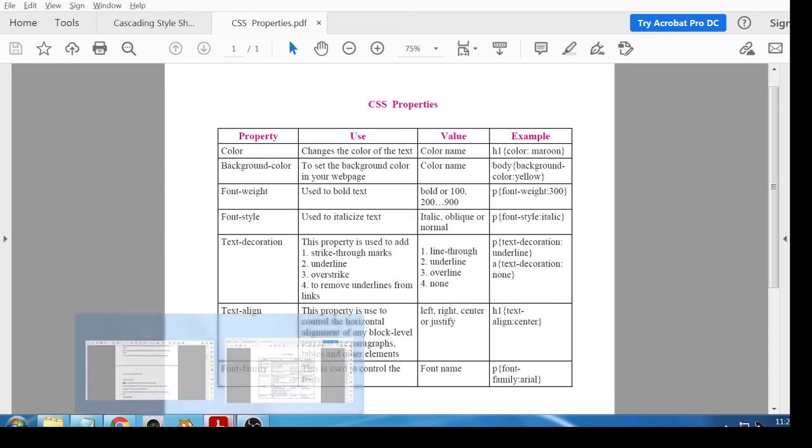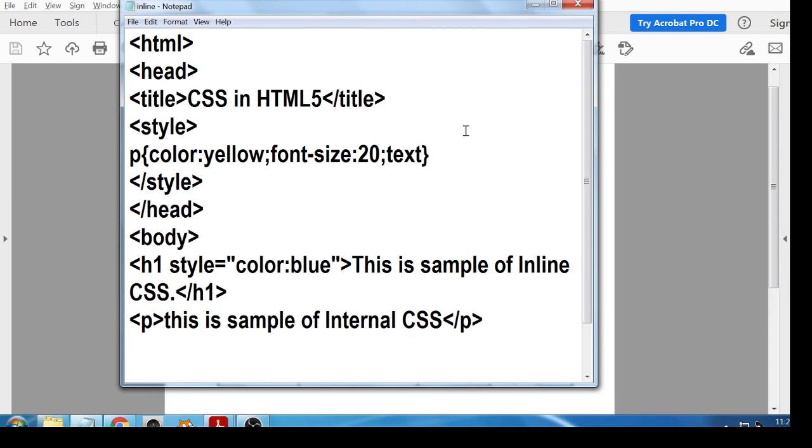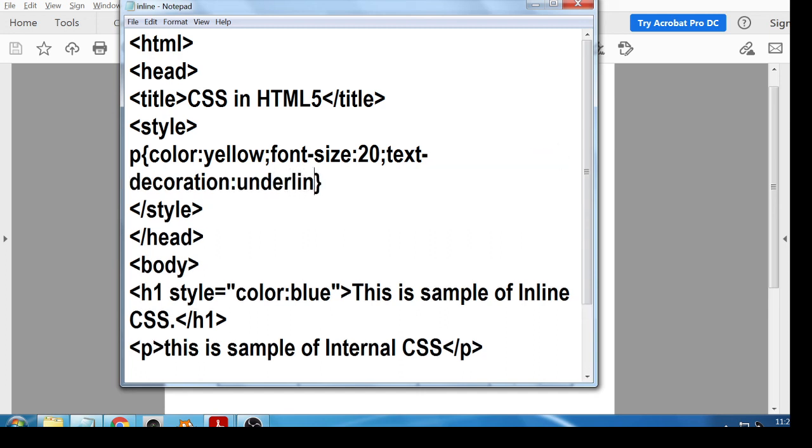Okay, text dash decoration. You want to apply underline, colon, underline. Okay, and semicolon. Save this file.